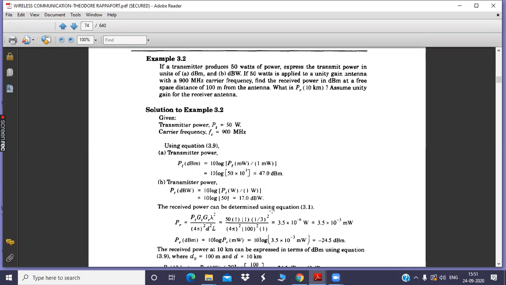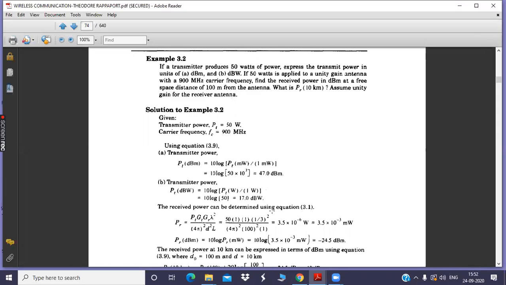Loss factor is 1 because line of sight communication is observed between the transmitter and receiver. It is a free space model, so there is no scope of diffraction, there is no scope of interference or the scattering and all. In between there are no obstacles, mountains, towers, buildings, etc. So loss factor will be 1.